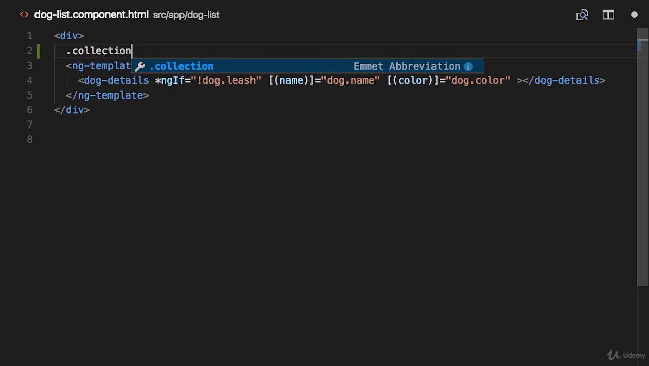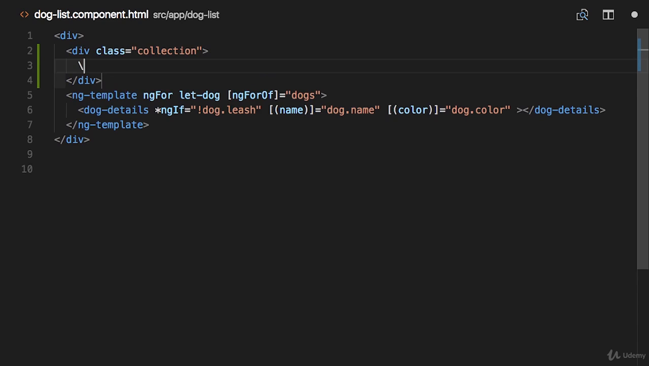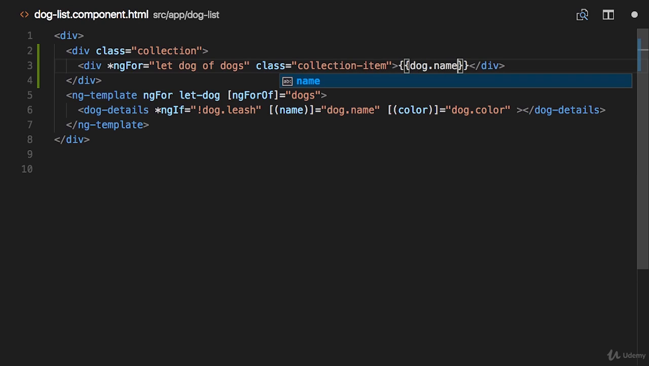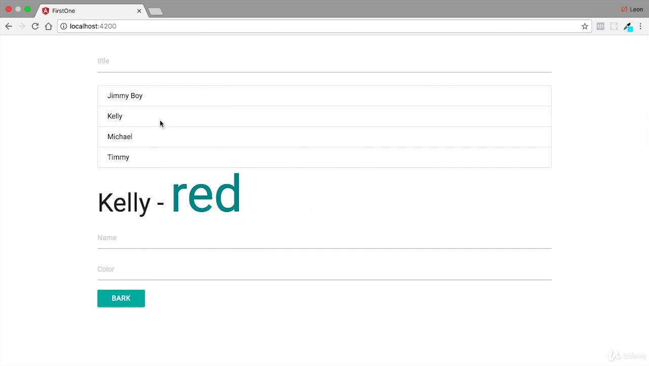So if you don't have these, you could use anything like the Bootstrap list items or something like that. But for us, we're going to do a collection, and inside there, we're going to have a collection-item, and then we're going to do an ngFor on this one right here. So let's say ngFor, let dog of dogs. I'm just going to print out that dog's name, dog.name, just like that. And if we go back to our application, you'll see that we have a nice list